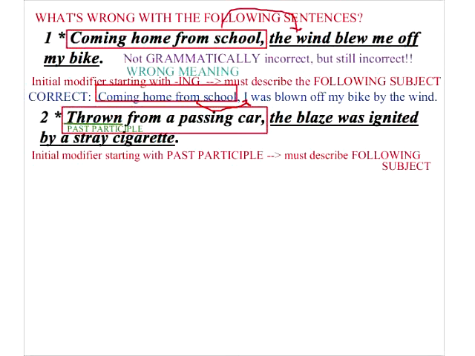Again, notice that like almost all modifier errors, these are not grammar errors. The vast majority of modifier errors are meaning issues and not grammar issues, because this sentence is perfectly grammatically correct, but it's just kind of a stupid sentence. It implies that someone is enough of a comic book style champion that they can actually throw a blaze out of a car. Which is nice and funny, but it's not the intended meaning of the sentence. The intended meaning is that a cigarette was thrown out of a car. So the correct version would be something like "thrown from a passing car,"